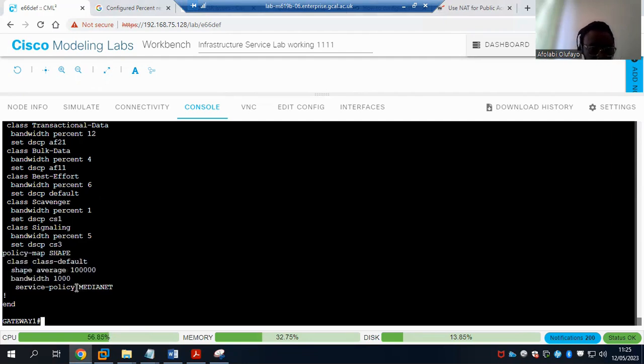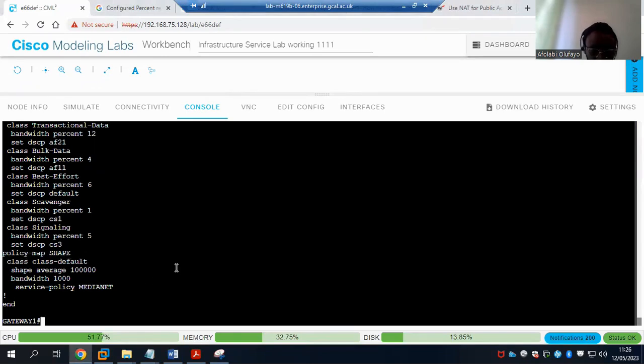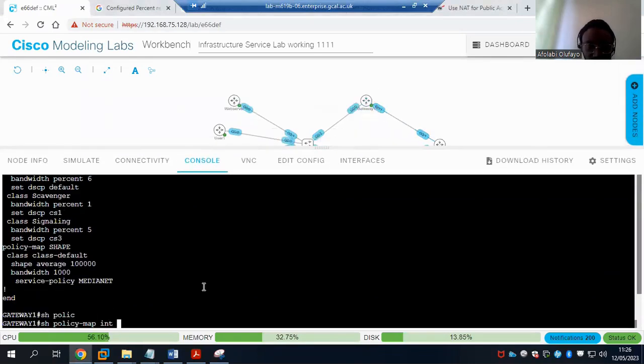So this is the MediaNet where I performed all the bandwidth assignment, and on this policing I did the general shaping. Show policy map interface on the service provider. I have it on gig 0/1 on the customer.